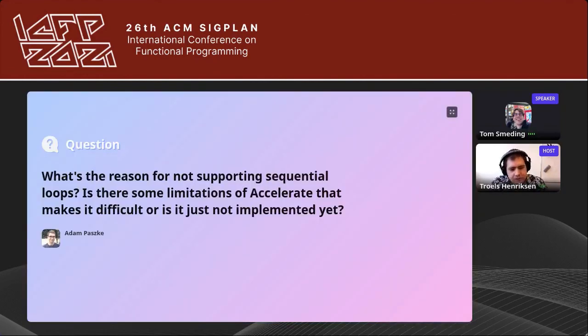Okay. What's the reason for not supporting sequential loops? Is there some limitation of Accelerate that makes it difficult, or is it just not implemented yet? Accelerate actually has two ways of having sequential loops, because it is split into this array language and this scalar expression language. It has a separate looping construct both in the array language and in the expression language. If you have an array level loop, which is an unbounded loop, it's a while loop. What you could do as an implementation, which we have not implemented, but which you could do, is